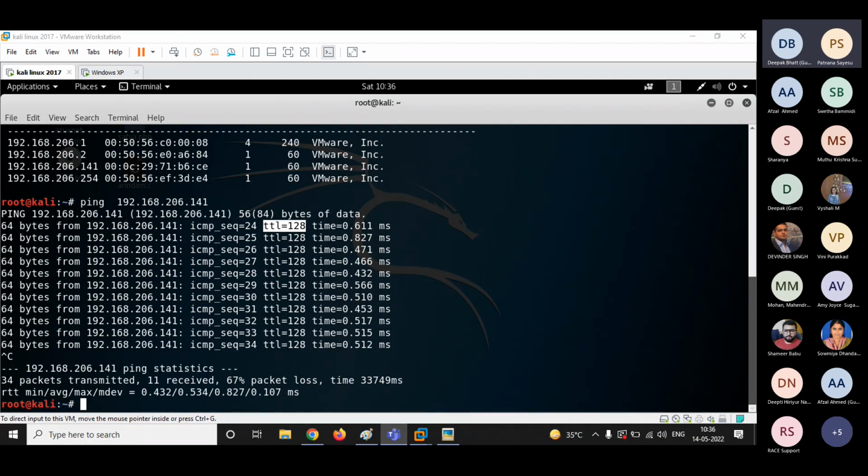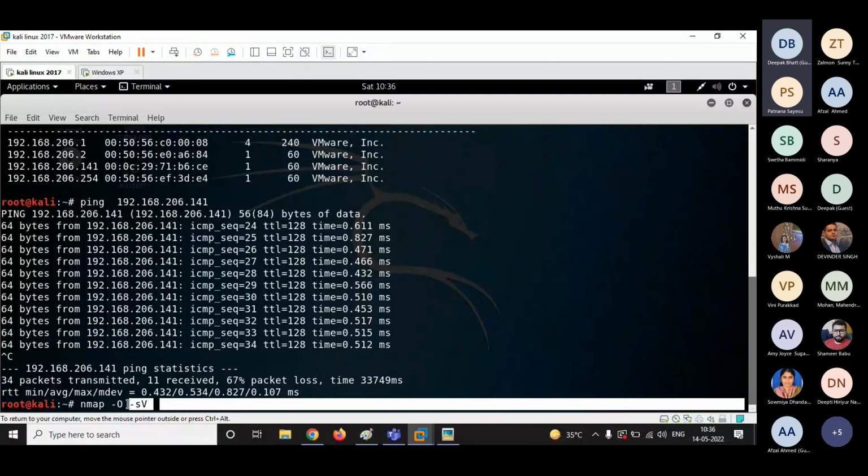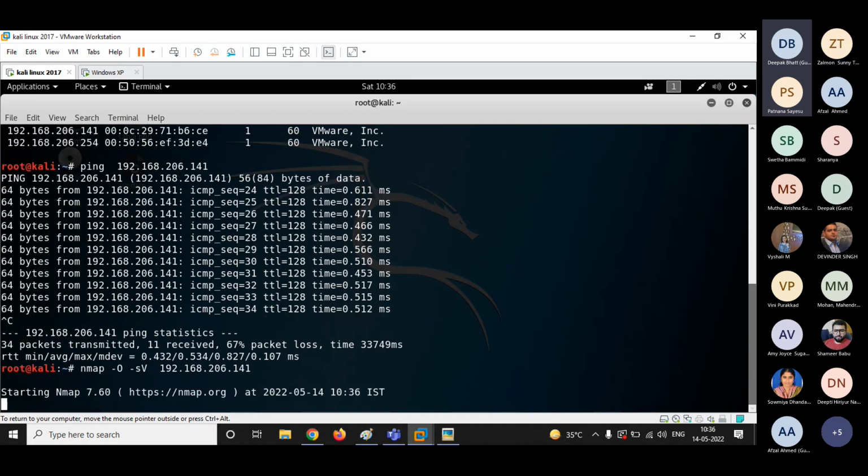And what is the command for banner grabbing? Sunny Thomas, tell me the command for banner grabbing. It's nmap -sV -O and the IP. It's hyphen capital O. Very good. Hyphen S, capital V, hyphen O is for the operating system, hyphen sV is for the service versions. All right. And then you will be specifying the IP address. Very nice, Sunny. Then you will be pressing enter and you'll be able to get the banner.